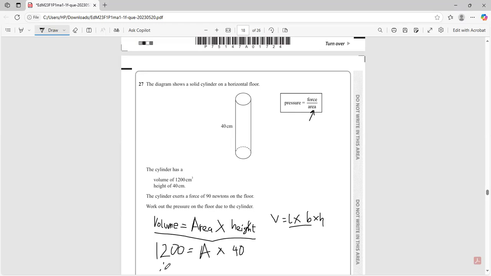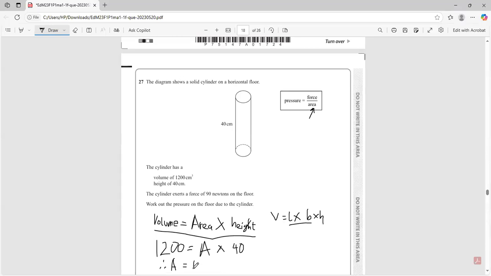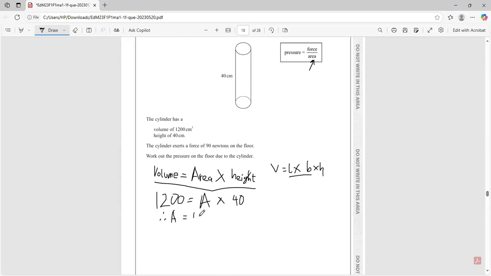Yes. So what would A be? What would I do to both sides? Divide by 40. Thank you very much. I'm going to divide both sides by 40. That's going to be 1,200 divided by 40. I'm already seeing the answer playing out. That looks like 30 to me, but let's just be sure. The zeros will cancel. The 4 will go in itself one time. 4 in 120 is 30, plus 4 times 3 is 12. So that means that A is going to be equal to